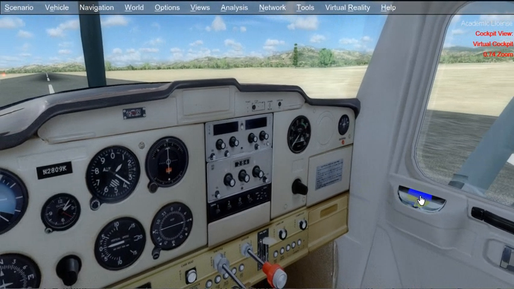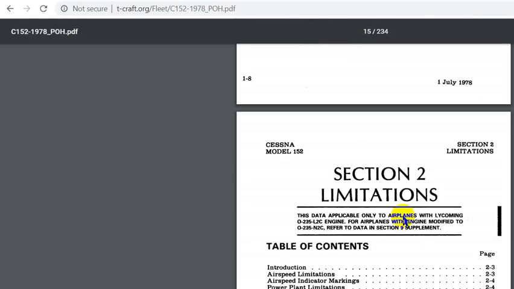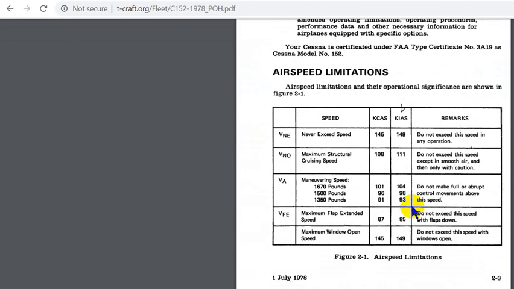So basically what your instructor is going to do is read through a checklist. He or she will, let's see if I can get this checklist up. Okay, so this is the Cessna 152 checklist. Now, the particular aircraft has its own checklist, but